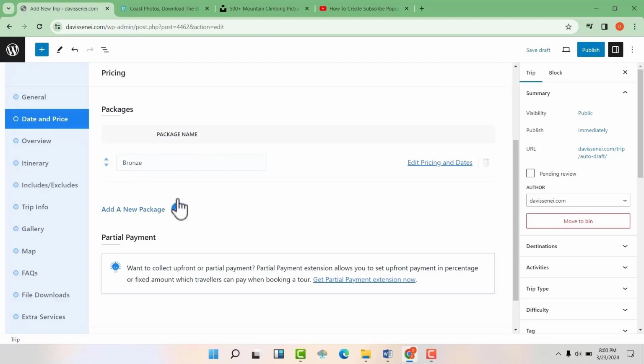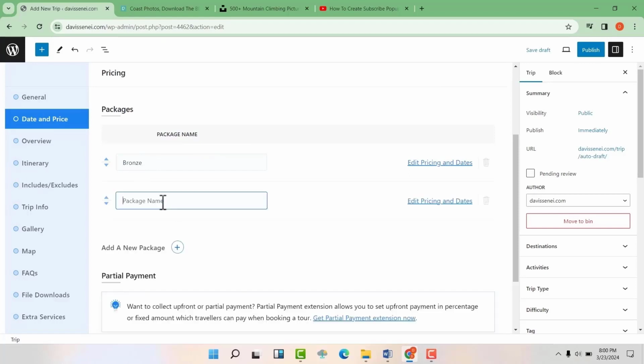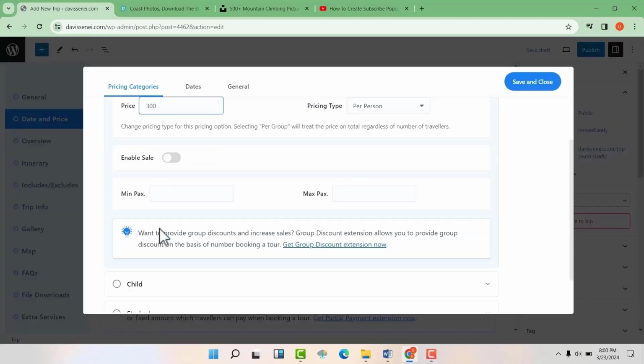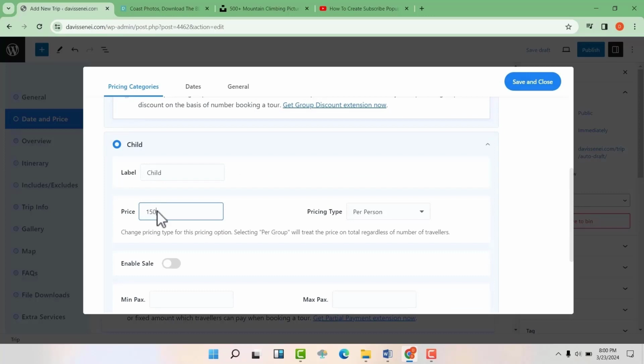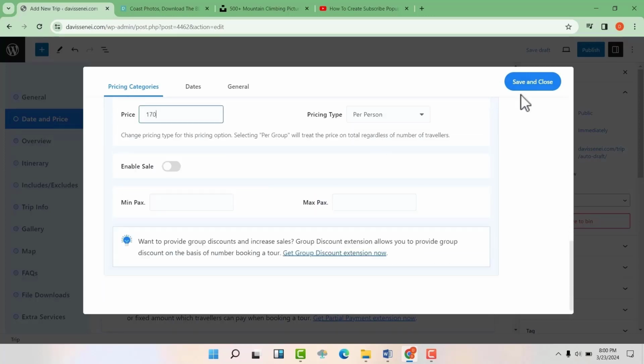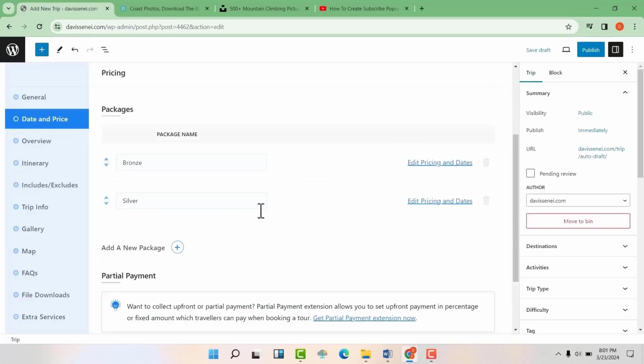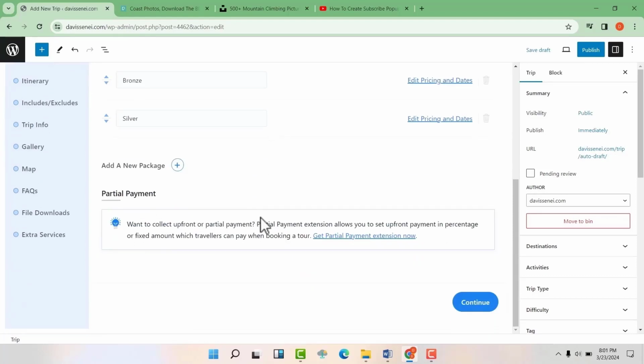You can now add another package for silver. So maybe we have silver. Then you can edit the pricing again. You can do it like that. So you can have a bronze, silver and gold package. You can add as many packages as you wish to. And now you can be able to see